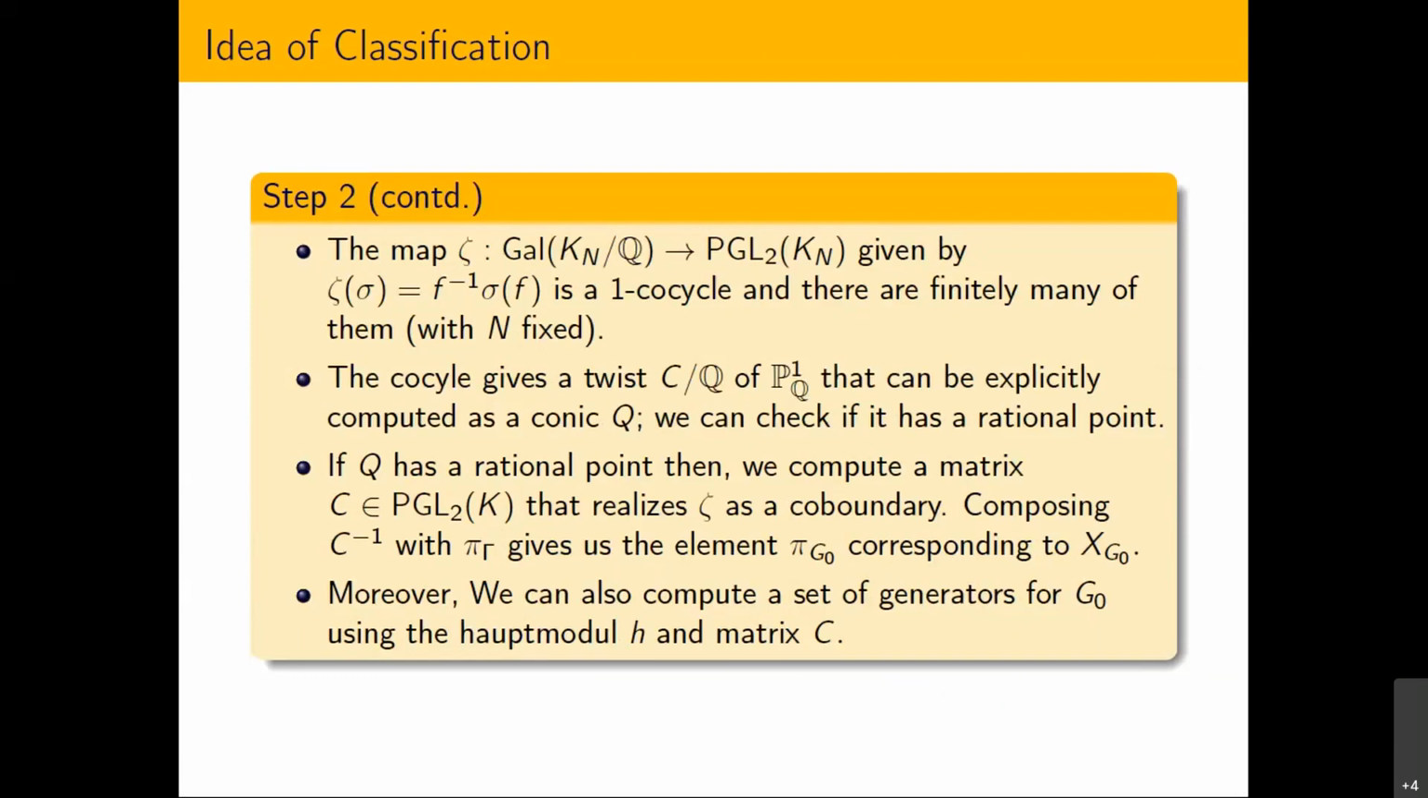And from this information about the cocycles and using the Hauptmodul, I can also compute a set of generators for G0. I do this for every congruence group, and this process terminates: either there are no G0s that exist, or if they exist, I can find them at base level itself. So this step terminates. So once I have something to start with,